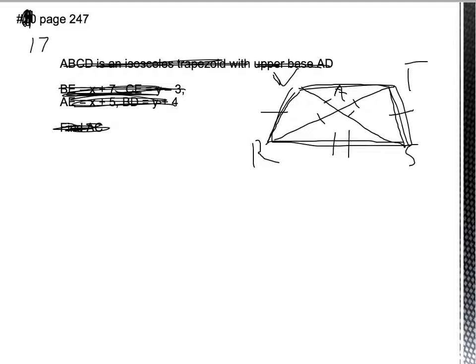Step 6, triangle TRS is congruent to triangle VSR because of side, side, side. Step 7 is that angle TRS is congruent to angle VSR